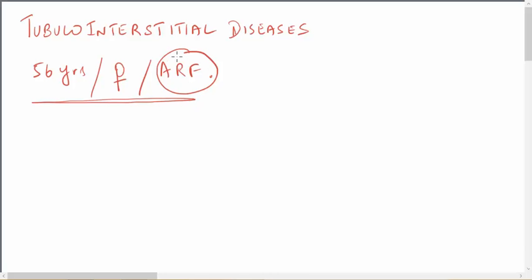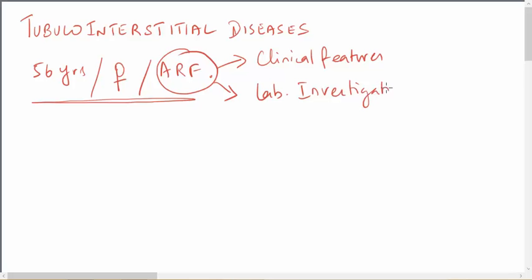So we avoided the signs, clinical features, and you should know what is the criteria for calling ARF. That is laboratory investigation finding. Okay, so because we gave it directly, the patient is in ARF, and here they